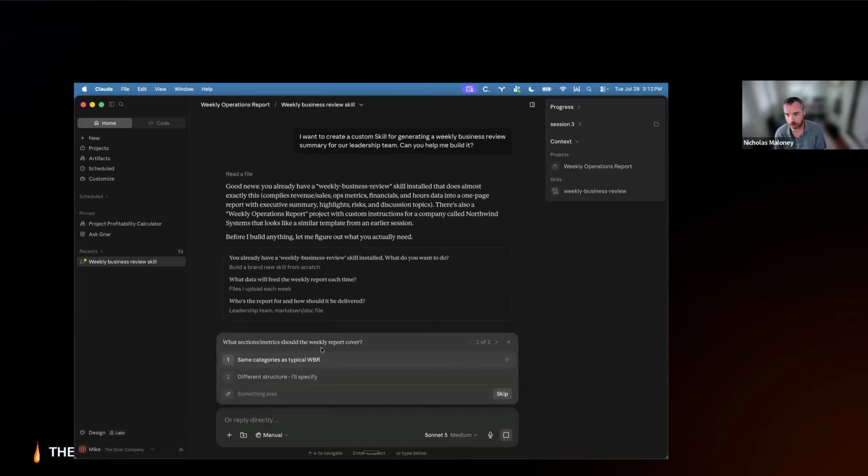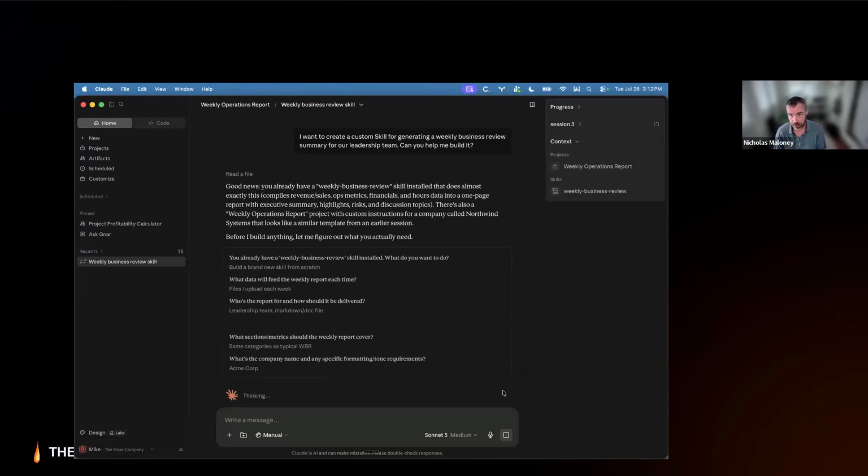So there's a few different ways that you can share skills with your team members. As Mike mentioned, the skills, simple ones especially, are mostly just markdown documents, and we can show you the internals of this. Sometimes there's a little code associated with it. A good example would be to generate an Excel spreadsheet.